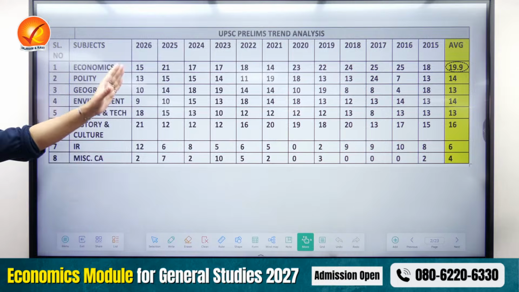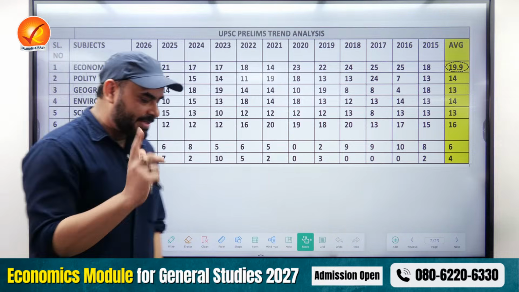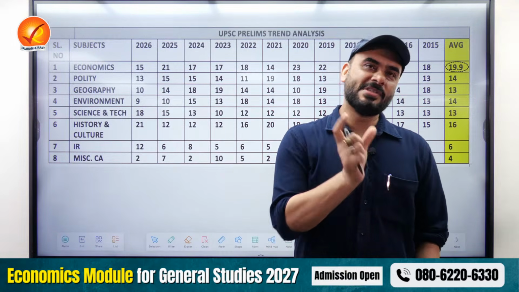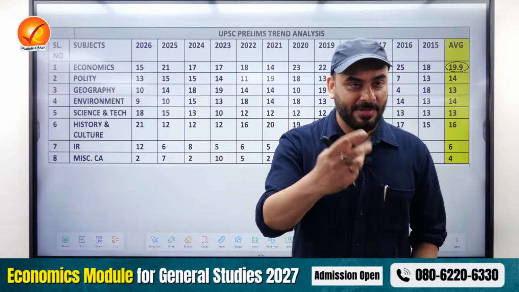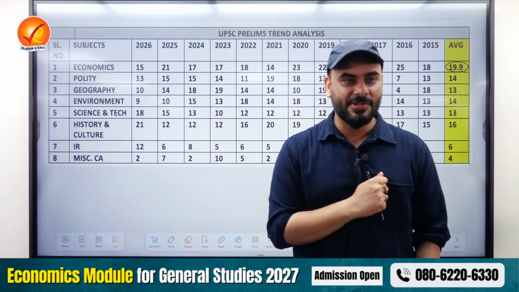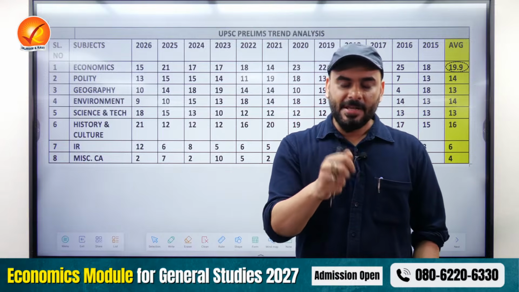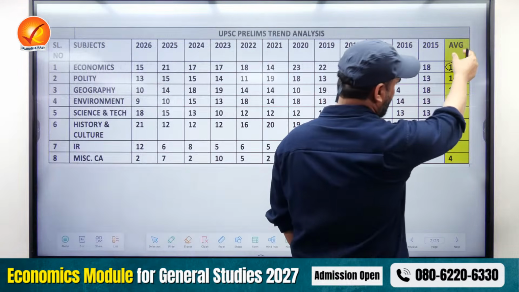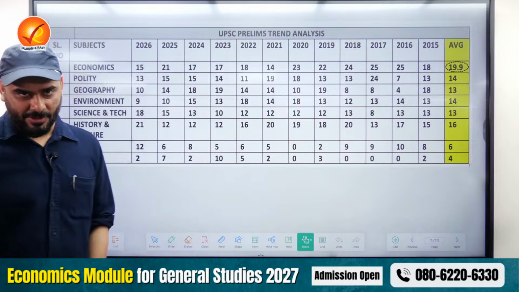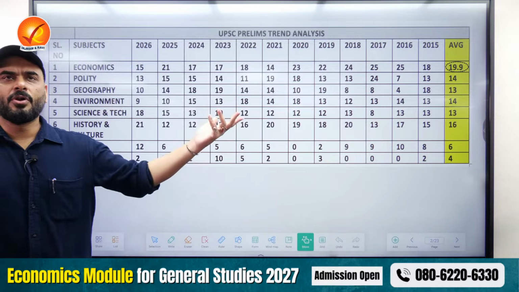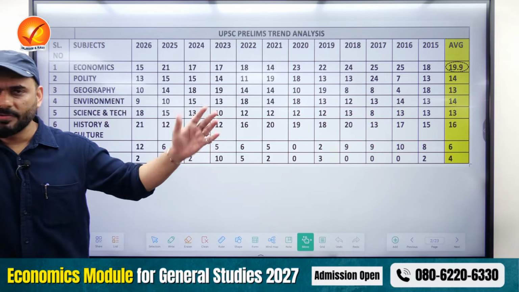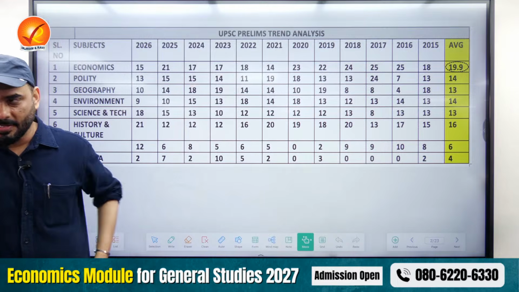So if you look at the last 10 years trend, which means that if you look at what has happened in UPSC in last 10 years, and why 10 years is important, because rule of statistics, that when your sample size is big, you tend to get better results. When you take a small sample, you might get biased results. So always take good number of years, 10 years, 12 years, something like that. So now if you look at 10 years, this is the average number of questions asked in UPSC from these subjects. This is a 10-year average. So, for example, there might be one or two questions which are debatable that somebody might say it is from geography, somebody might say it's from environment. So these things might happen, but majorly this is the division.